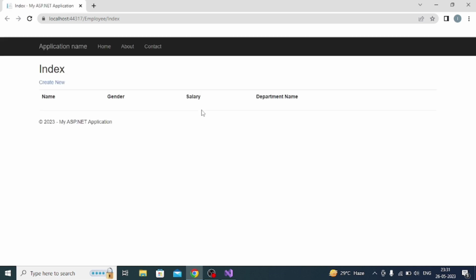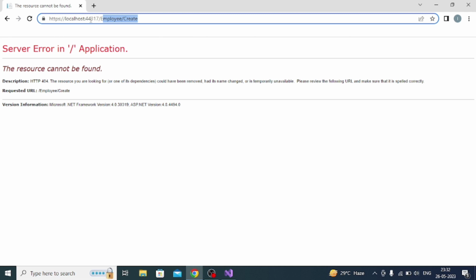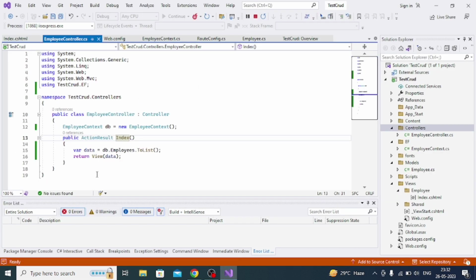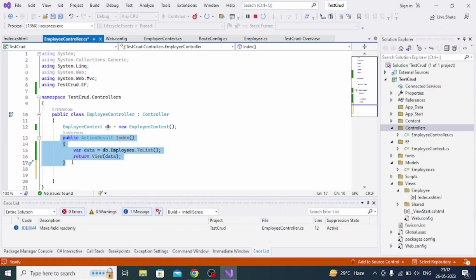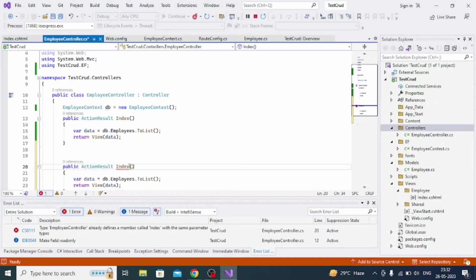As you see, the first page is created. If you click on create new, you find that it shows we have to take an action method inside the employee controller as Create. So go to the employee controller, and then we have to copy this, paste it, then we have to take it as Create,